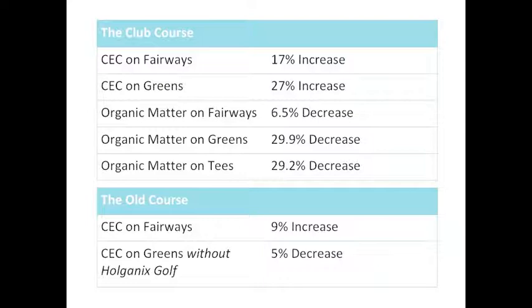That was when we were still spraying it, before we could even fertigate it, by the way. Right. So we started applying Holganix on our greens because we saw on the club course that the numbers had increased, and to decrease the thatch on those greens. And now,